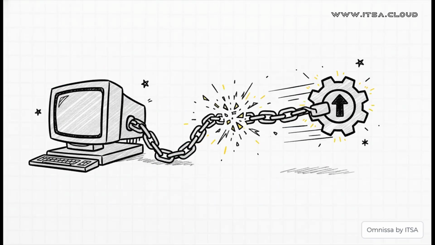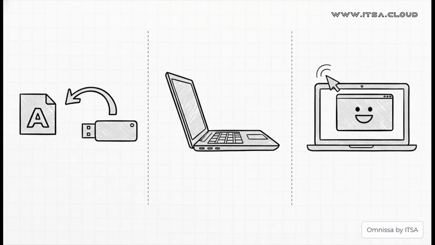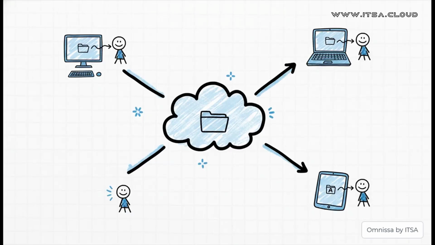Let's just zoom in on that idea of portability for a second, because this is a total game changer. Your application is no longer chained to the one machine you installed it on. It has been set completely free. What does that mean? Well, it means you can take that single application file, drop it on a USB drive, walk over to literally any compatible Windows computer, plug it in, and just double-click. The app just runs. No installation, no fuss. It just works. Or think about this for a big company. You can place that one file on a network share. Instantly, anyone with access can run the application right from the network. This completely gets rid of the need for local installations on hundreds of machines. It totally changes how you deploy software.